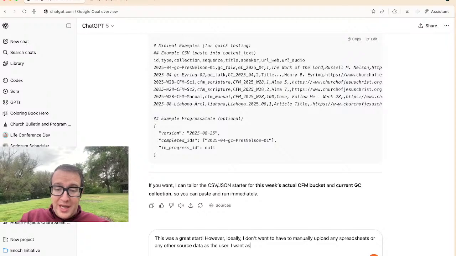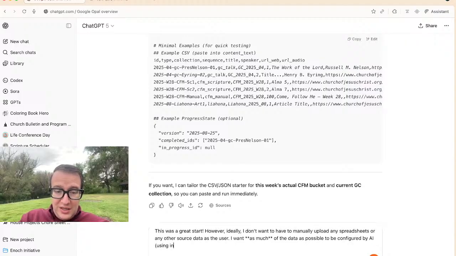I want, and I'm going to put this in asterisks to really emphasize, as much of the data as possible to be configured by AI using internet data from the beginning. For example,